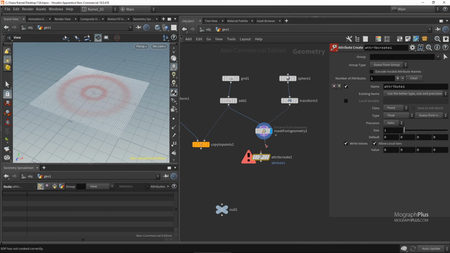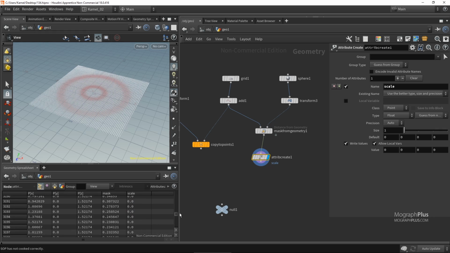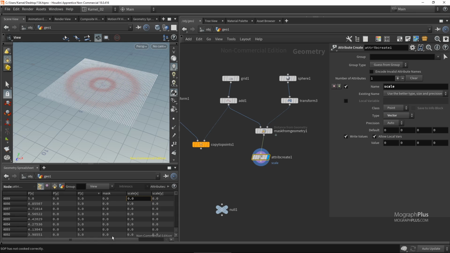The name of the attribute is scale with small letters, and as soon as we type that in, Houdini knows what to do with this attribute. And now a new attribute named scale is added to our geometry spreadsheet. Right now, the data type for our scale attribute is float. It's just one value. And scale is a vector attribute with 3 values on X, Y, and Z. So change the data type to vector, and now we have scale X, Y, and Z as it is reflected